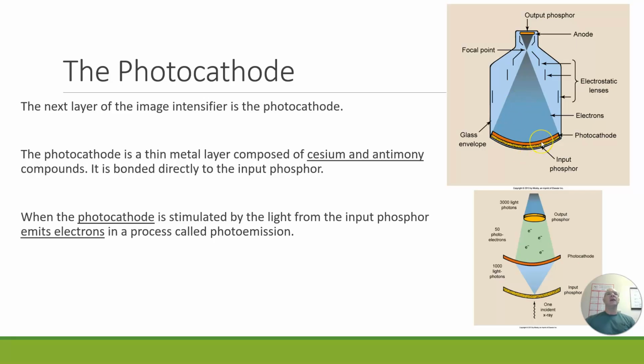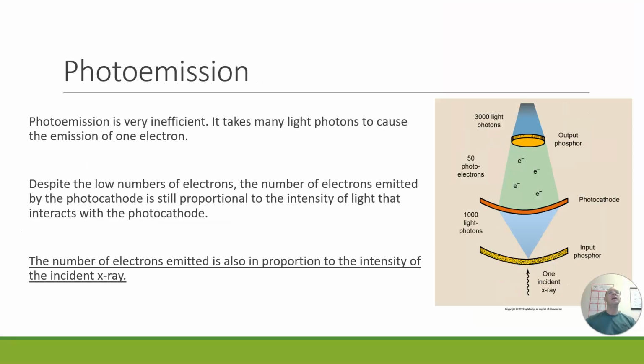We need to have electrons created because we can control those electrons. We can make them move in a particular way or not move, and that's the important part. We don't want them to move in order to hold the image that it's captured. Let me explain that. The electrons that are created